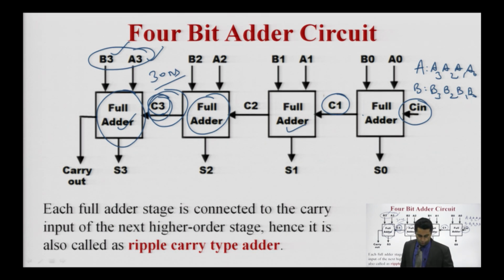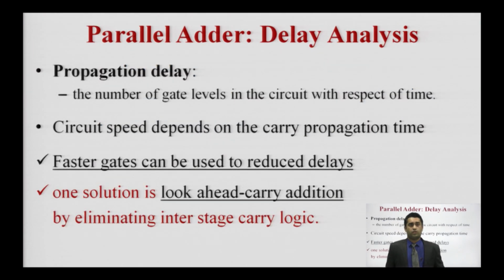So, what is the solution for this? So, first solution is to use the faster gates. Means if I am using some faster circuit, so instead of 10 nanoseconds, we can limit it to 5 nanoseconds. Or there is another solution which is the most common one which we are using here, which is the use of the approach of look ahead carry. So, this look ahead carry is basically an approach, and the circuit is known as carry look ahead adder. So, we will discuss first about this circuit.